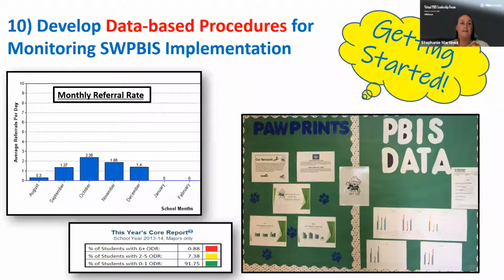We have other types of data sources that we might want to drill into. Is there a race or ethnicity that we see that's getting most of our referrals? Disproportionality? What about students with disabilities? We also want to share that data back with our staff, our families, and our students. Here's a sample of a data chat wall that's being used to share the data with staff.